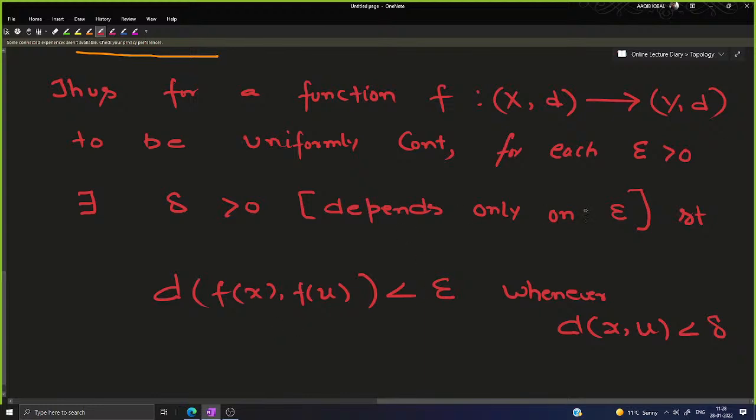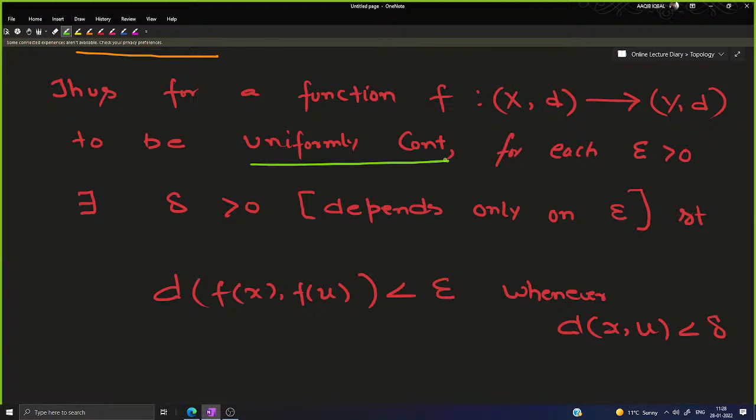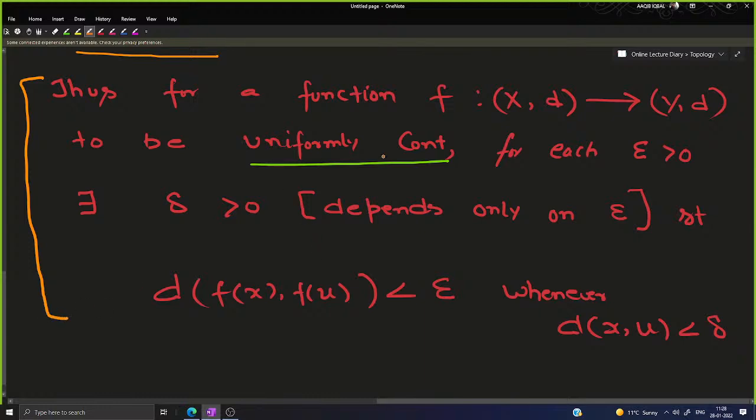So this is the epsilon delta criteria for a function to be uniformly continuous. अगर आप इसको कंपेयर करेंगे विद द ऑर्डिनरी कंटिन्यूटी डेफिनेशन, जो एप्सिलॉन डेल्टा डेफिनेशन है ऑर्डिनरी कंटिन्यूटी की, अगर आप इसको उसके साथ कंपेयर करेंगे, आप मुझे बता सकते हैं कि डिफरेंस कहाँ कहाँ पर है। मैं फिर से बता रहा हूँ आपको, दिस इज द एप्सिलॉन डेल्टा डेफिनेशन फॉर यूनिफॉर्म कंटिन्यूटी।